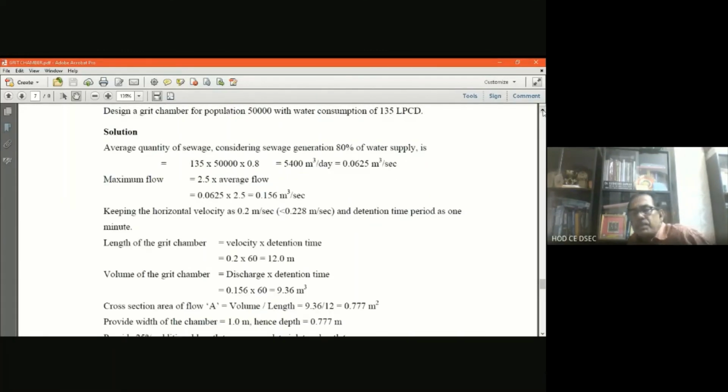So what is the basic purpose of the grit chamber? Grit chamber is for removing inorganic particulate matter. It simply acts as a settlement basin. Instead of organic material, here the inorganic material settles, like grit particles such as sand and gravel. So this is also a preliminary treatment just after the screening process in municipal wastewater treatment, not especially for industrial wastewater, it is specially for municipal wastewater treatment.